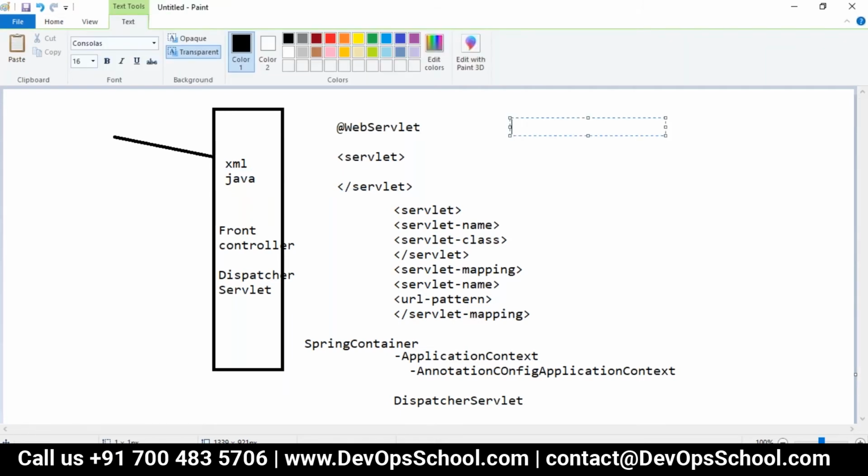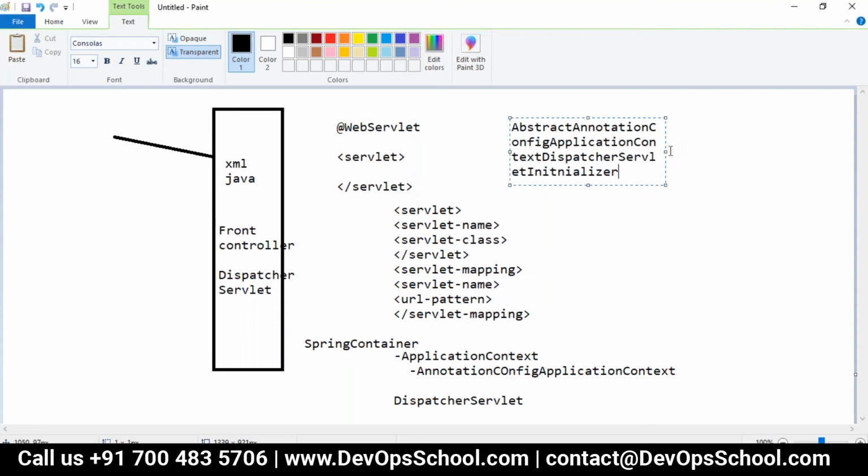If you go with the Java way, we have a class called AbstractAnnotationConfigApplicationContextDispatcherServletInitializer.